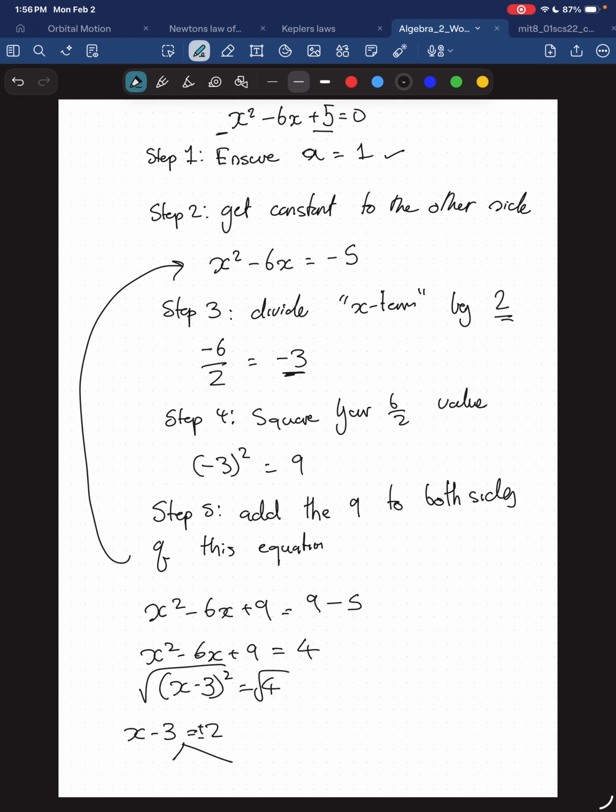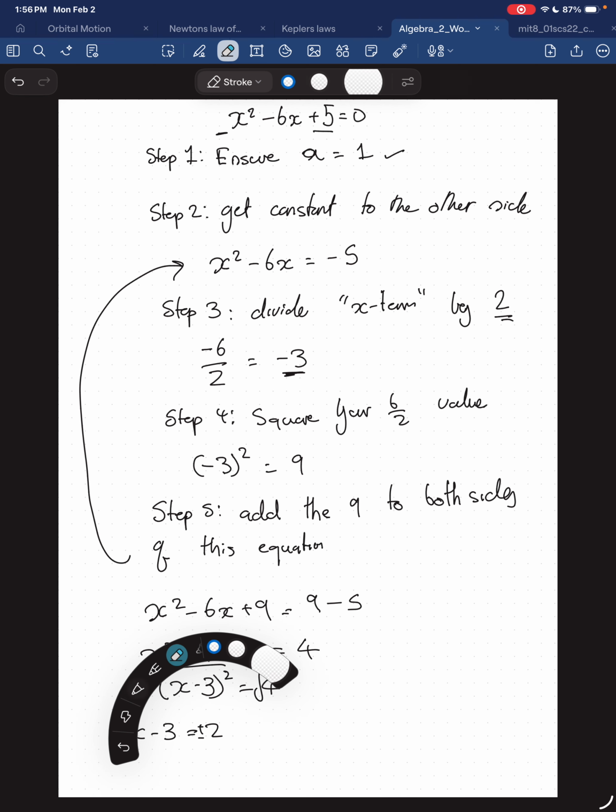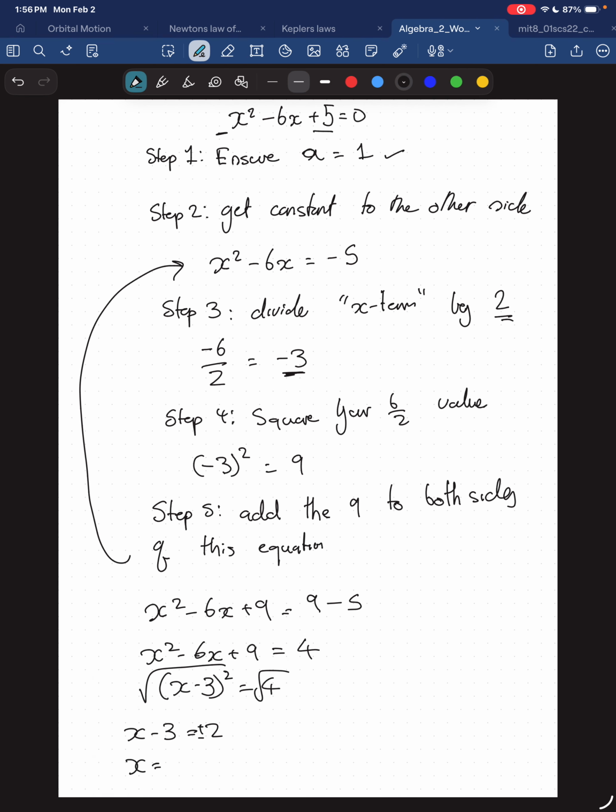If we take the 3 to the other side, it's x equals 3 plus or minus 2. Break it down: 3 plus 2 equals 5, and 3 minus 2 equals 1. And that's how you complete the square. We found our two x values, our roots, our solutions to the equation. So yeah, x1 equals